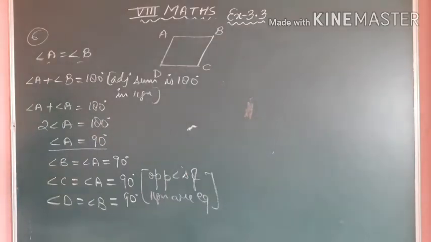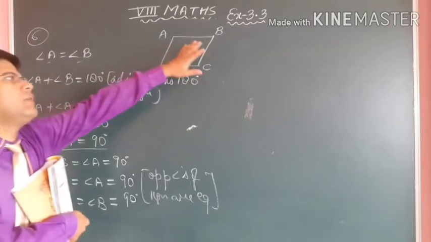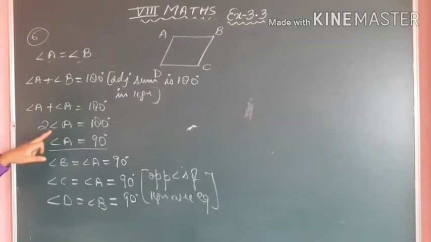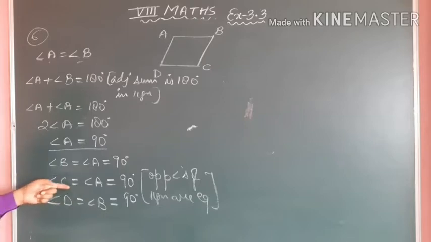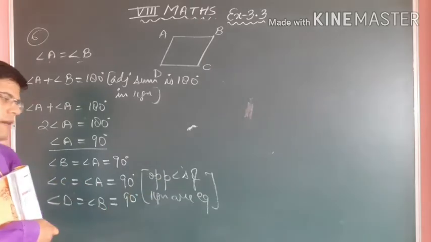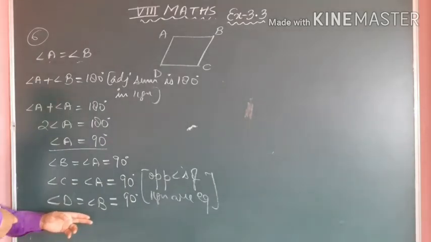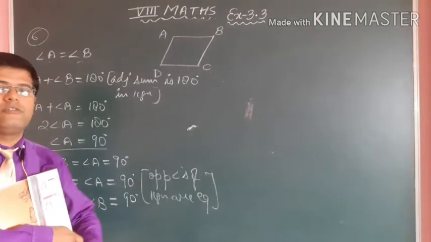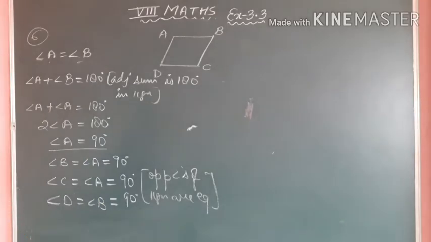So I am explaining this sum once again. Here angle A and angle B are given, and both angles are equal. Now when both angles are equal, then their sum must be 180, because by the property, when we replace B by A, it will become 2A equal to 180. When we divide 180 by 2, we get 90. Angle A is equal to 90, then angle B is equal to 90, because both are equal. And angle C is equal to angle A because of the property that opposite angles of a parallelogram are equal. The same, angle D is equal to angle B, and angle B we have already found to be 90, so it's also equal, because opposite angles of a parallelogram are equal. So here we have done sum number 6.